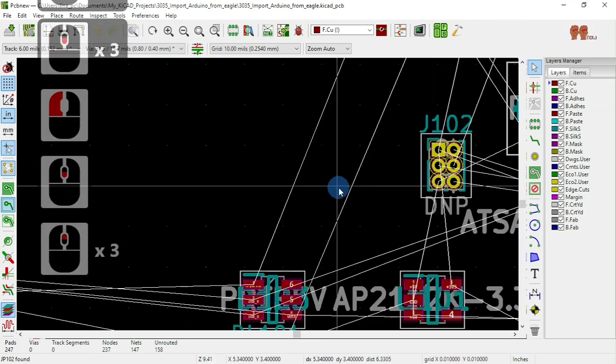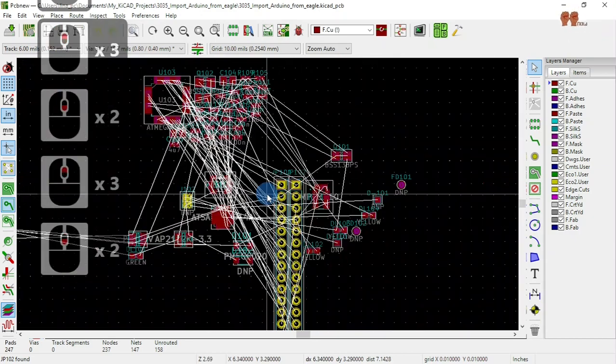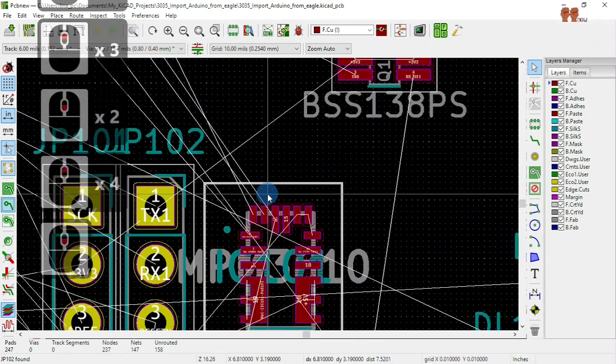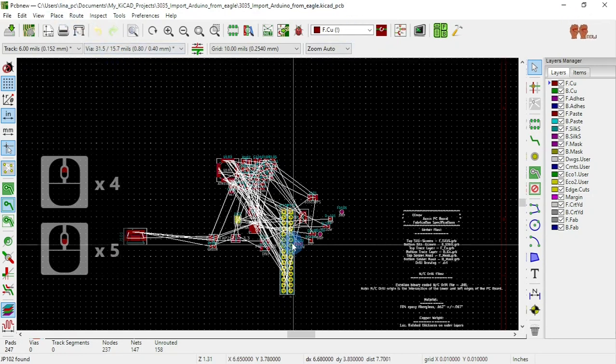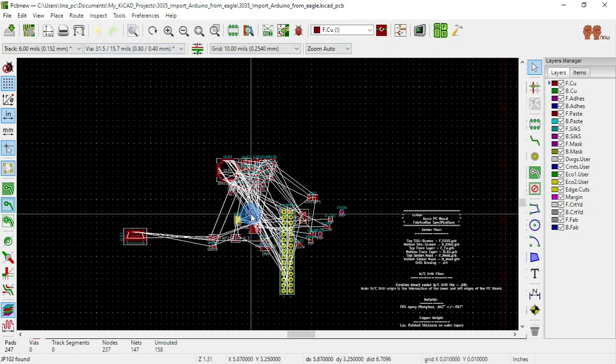And now we have all our ports. And now we have to arrange to make the layout. So that will be